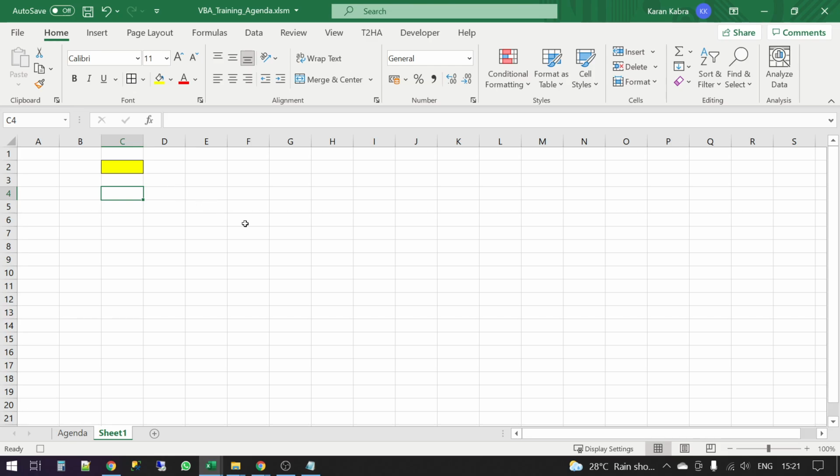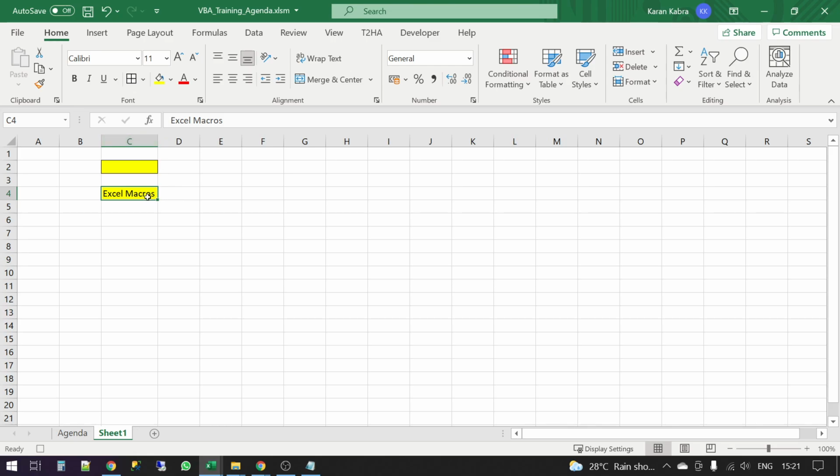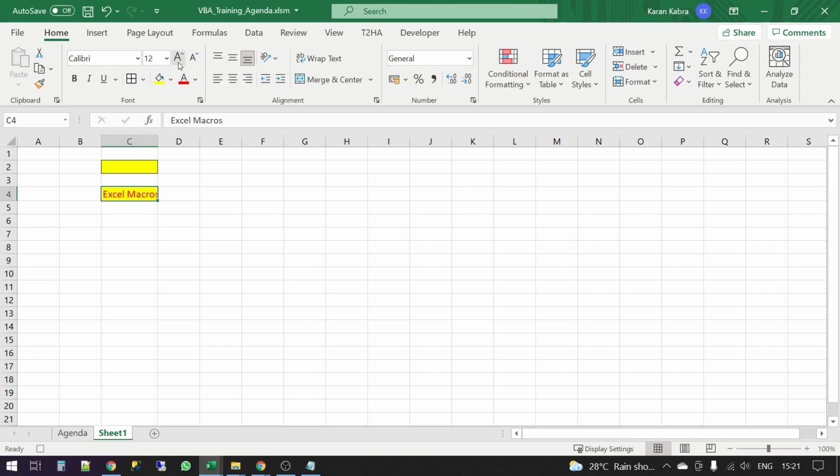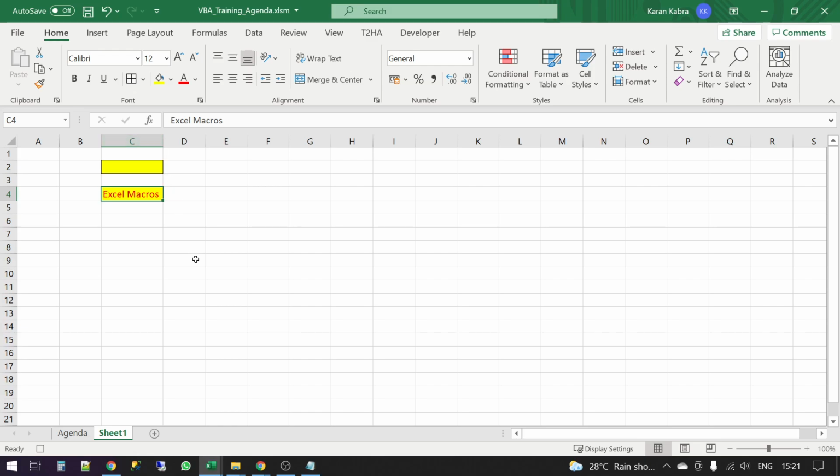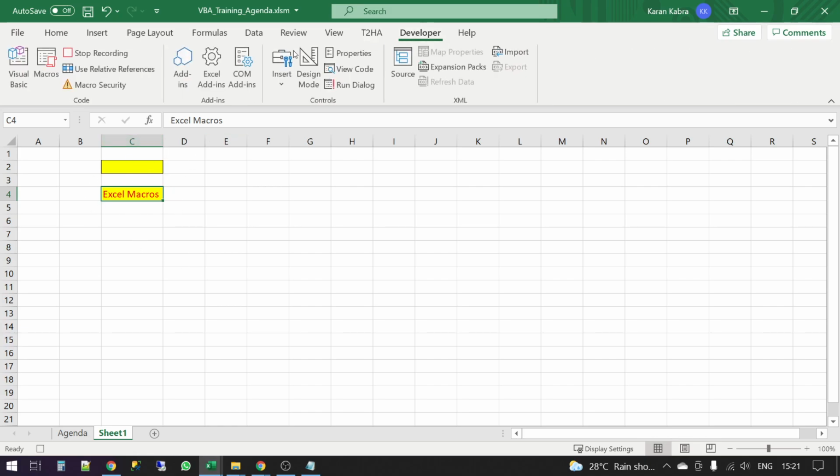It will create the corresponding code in Visual Basic, and then you can check that code out. So for example, if I am typing something here, then I color this cell, then I auto fit columns, then I change the font color to red. Whatever I do here will get recorded. Let me increase the font size. Okay, so I've done so many tasks. If I want to view the code, let me first stop recording.